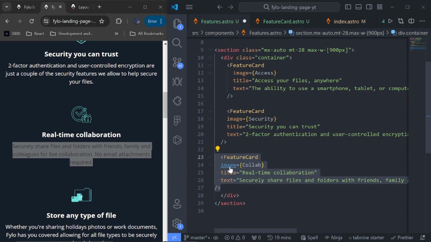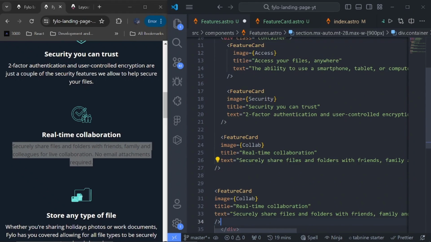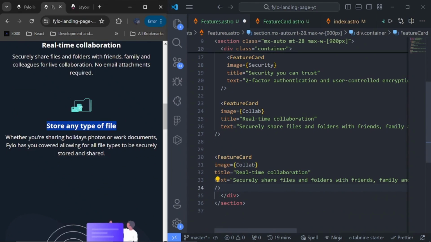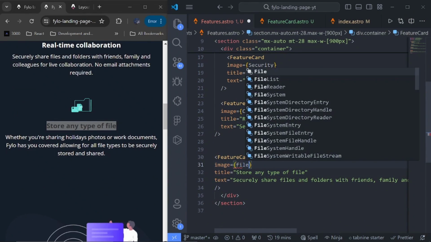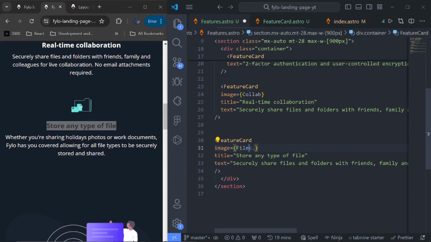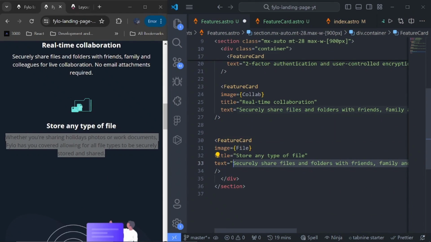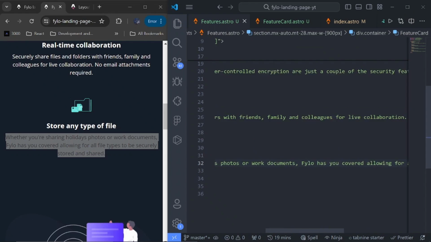So copy this down one more time and copy this, paste it here and change this to file. I believe it's file recorded. Then we'll just copy this as well, and paste it here. So by the time we save,